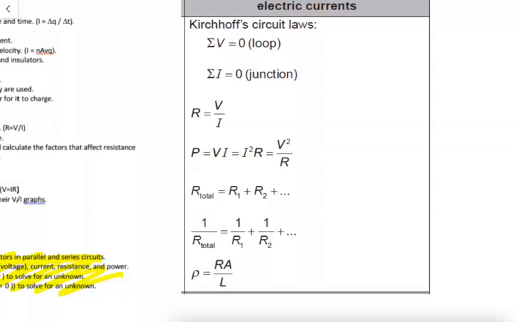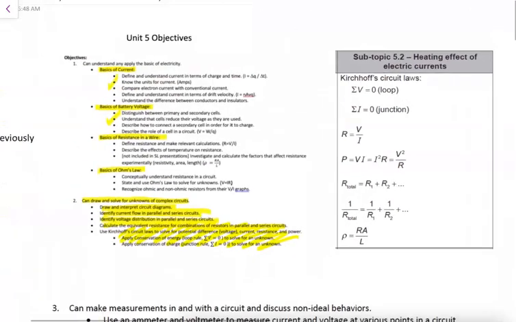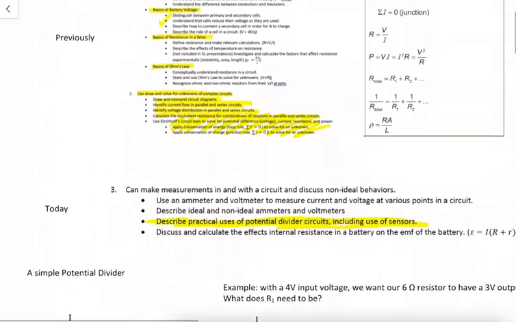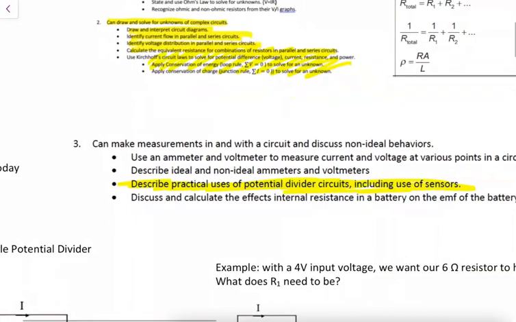We're going to continue to use these relationships and look at how we can sort circuits out to help us understand the VI characteristics, the voltage-current characteristics of different components such as lamps. We're also going to use these to help us divide the voltage to what we want it to be in a circuit. So we're looking at sub-objective number 3, describing the practical uses of potential divider circuits, including the use